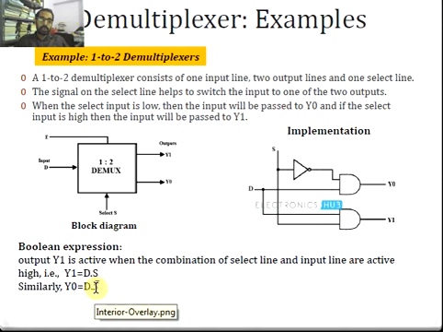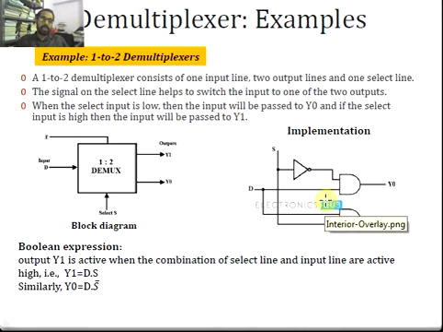And when s is equal to 0, y0 has to be activated. So y0 is equal to d dot s bar. So when s is 0, s bar is equal to 1 and y0 is equal to d, whereas since s is equal to 0, y1 should be equal to 0. This can be constructed using very basic logic gates,